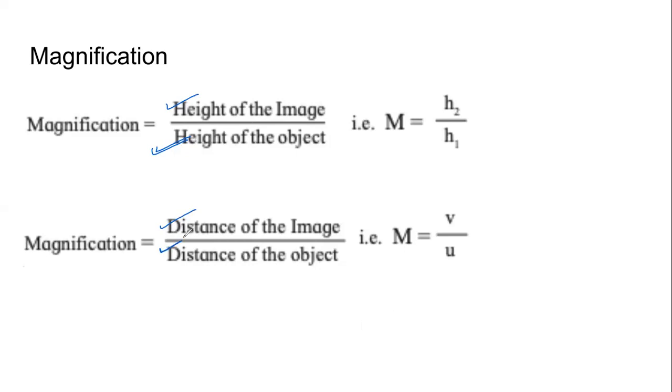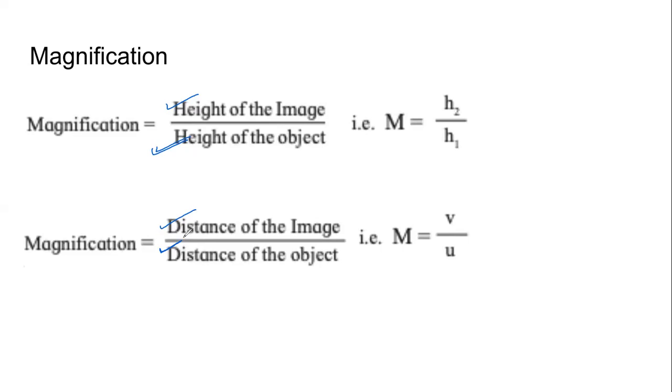ऐसा क्यों हुआ? याद रखो, याद करने की कोशिश करो. When the object was at infinity, the image was forming at focus. और जैसे जैसे object came closer to the lens, the image started going back away from the lens and it started becoming bigger in case of convex lens. So there was a clear relationship between the distance and the size. वो जितना दूर जाता गया वो उतना बड़ा होता गया. याद है? That is why both these formulae work.